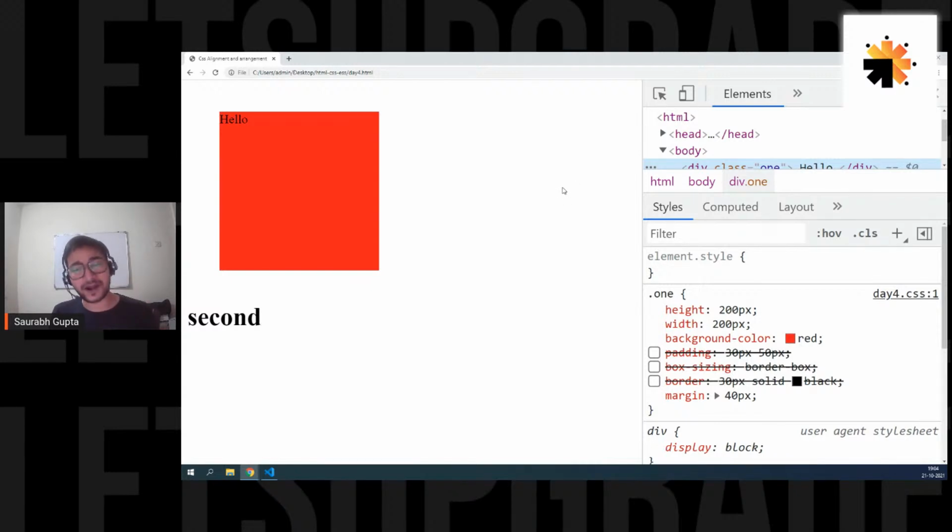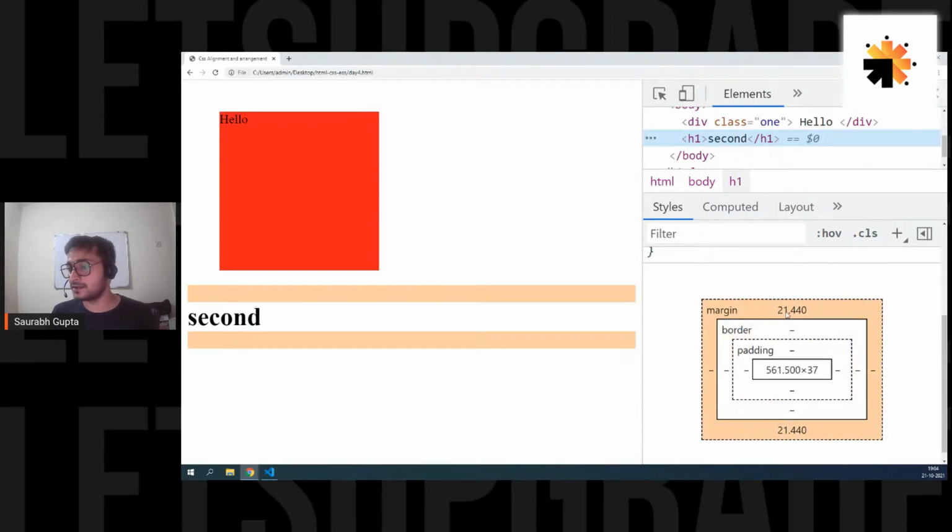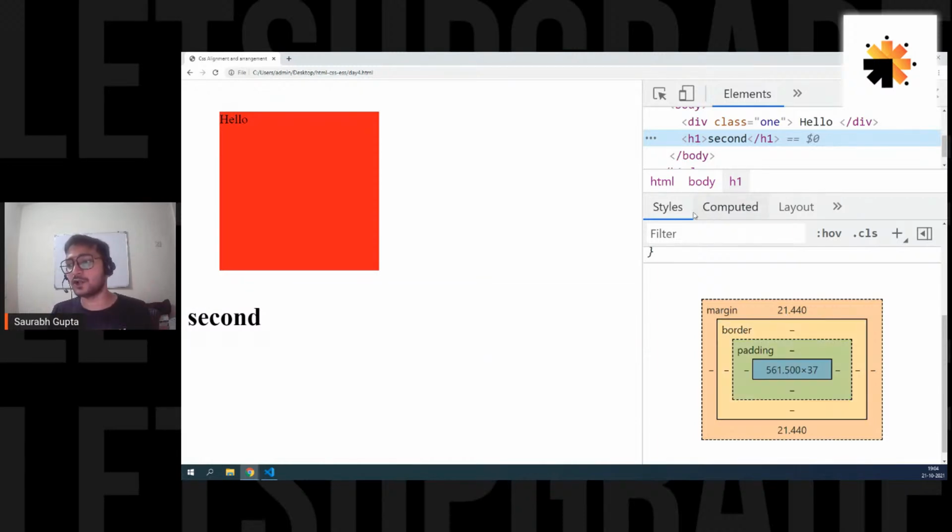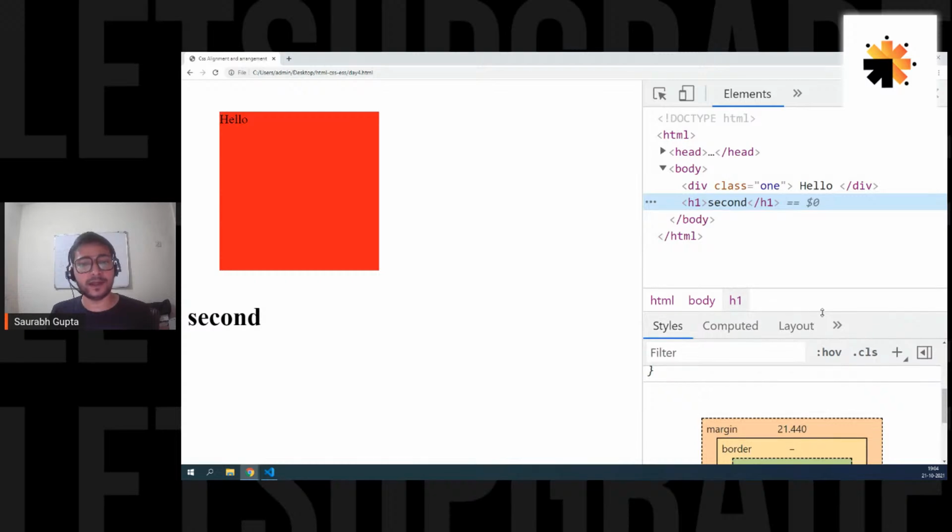And the best part is this h1 is also a block element. If you go ahead, right click on it, inspect, you can see everything is taking up the space. By default, the h1's width is 100%, but that's fine. h1 is also a block level element. So guys, are we clear with this concept? And the next type is